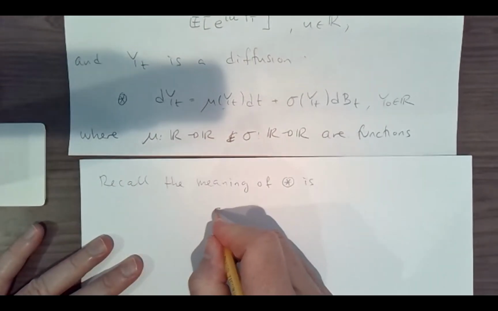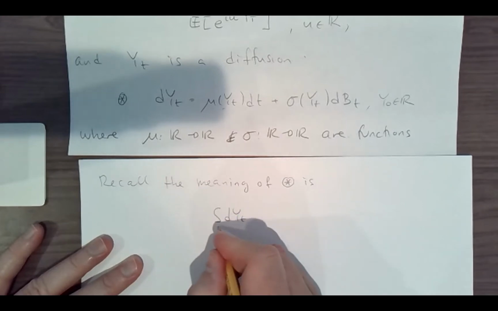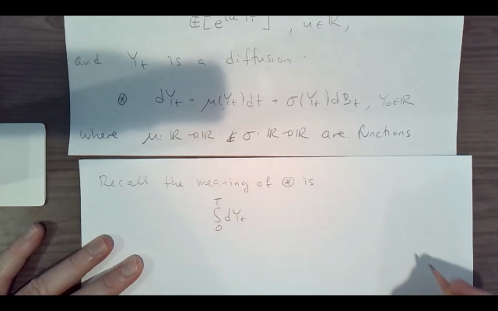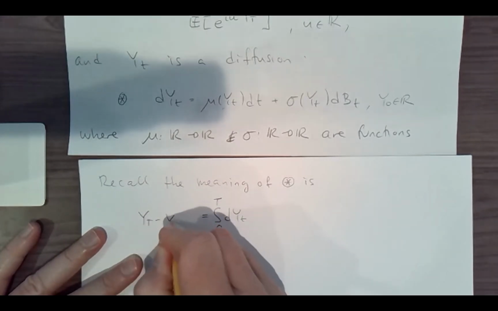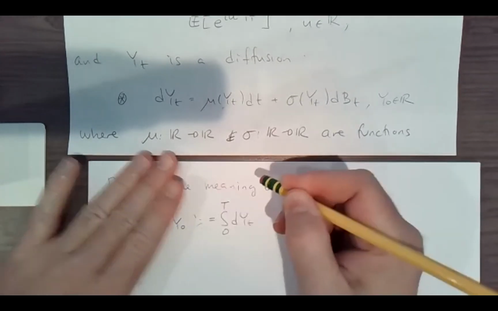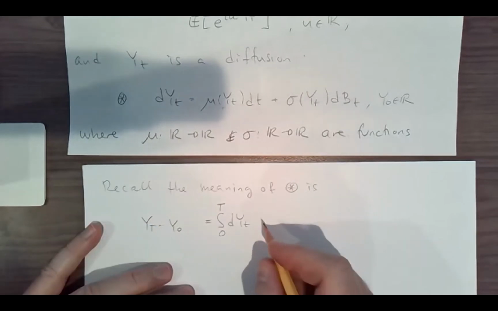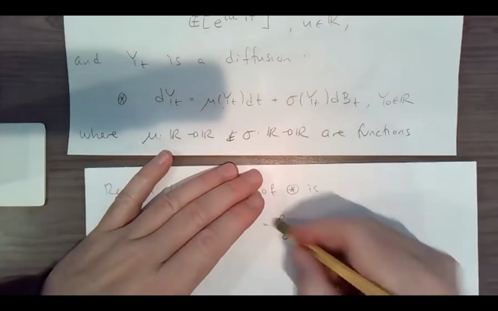You integrate dY_t from 0 to capital T. On the left-hand side, you will get Y_T minus Y_0. And on the right-hand side, you would get